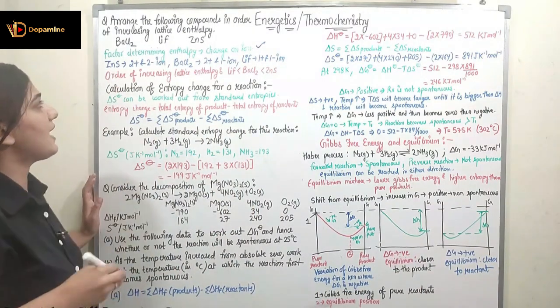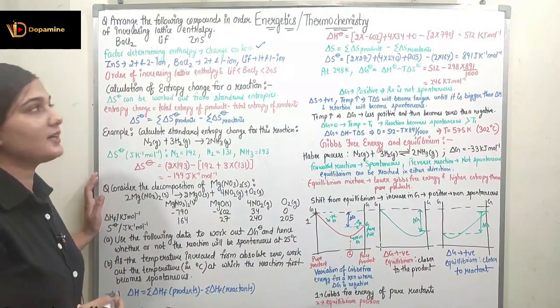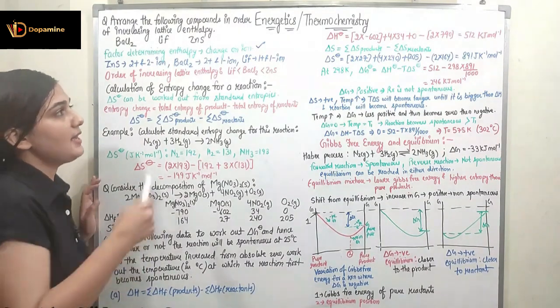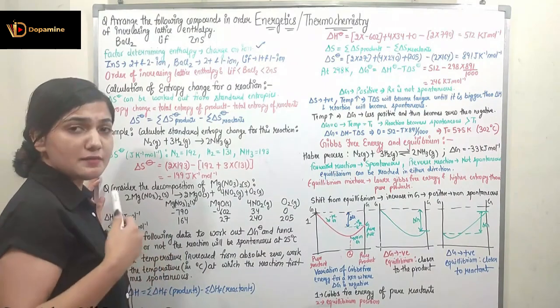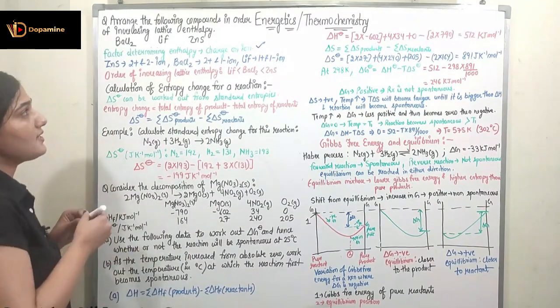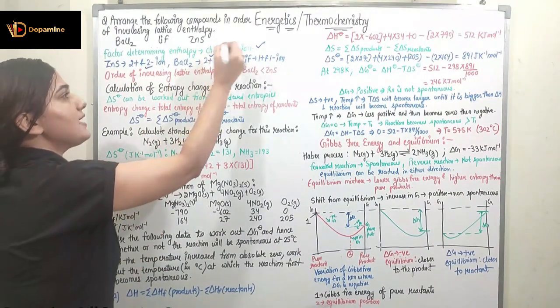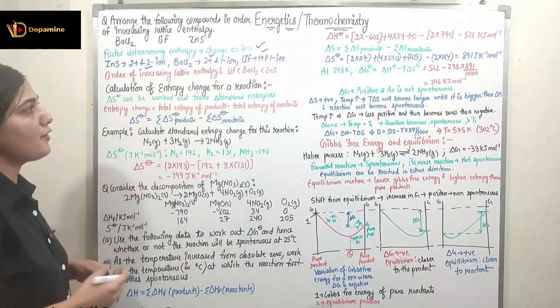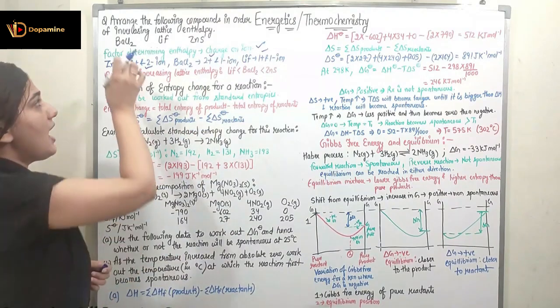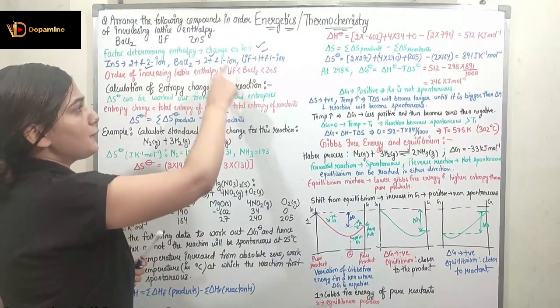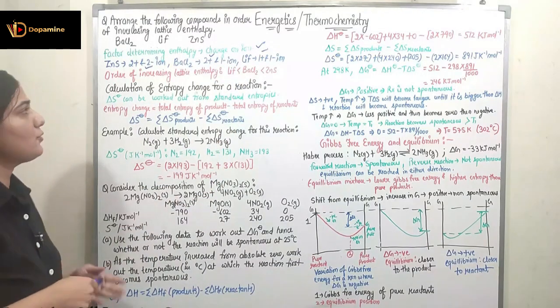In ZnS we have 2 positive and 2 negative ions. In BaCl2 we have 2 positive and 1 negative ion. In LiF we have 1 positive and 1 negative ion. So you can see the maximum charge is present in ZnS, then BaCl2 and then LiF. So in order of increasing lattice enthalpy, the highest lattice enthalpy would be for ZnS, then for BaCl2 and least for LiF. I hope you understood this.